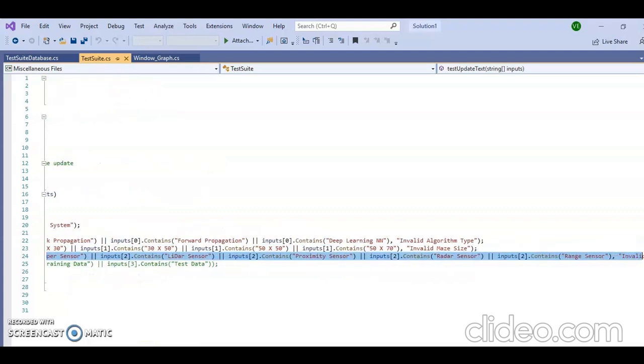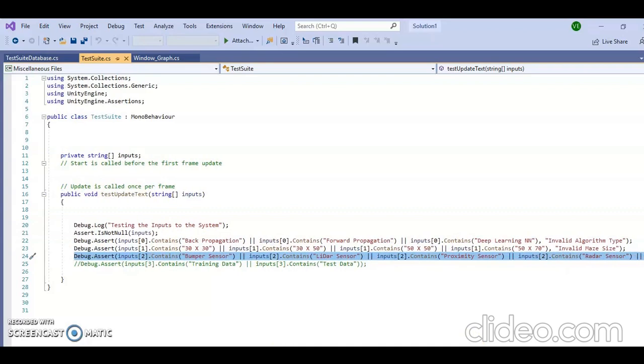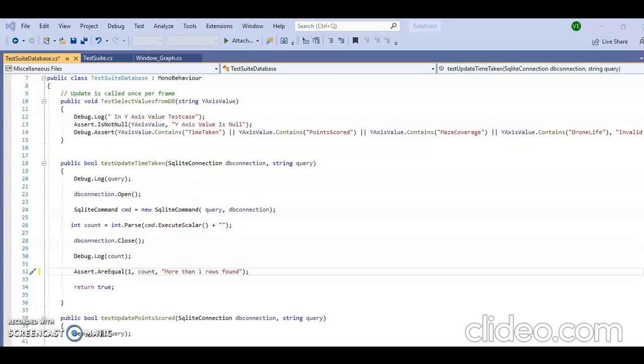So before entering any of the values into the DB, first we are checking whether the input values are valid or not. In a similar way, before updating time taken, point scored, or any of the values to the inserted rows in the DB, we are first checking if there is any row available with the values of time taken or point scored, etc., having 0.